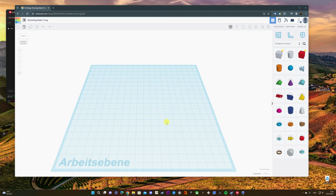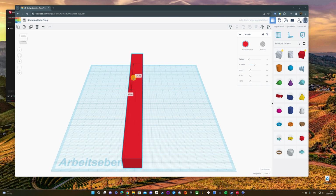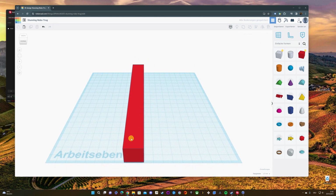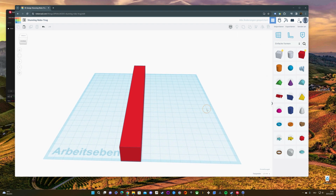So now we are here in Tinkercad. I just do a quick and dirty design. These are millimeters, so I go for 20 centimeters. Oh, no, let's do 19. Then we have 1 centimeter of surrounding the original foot for stability,